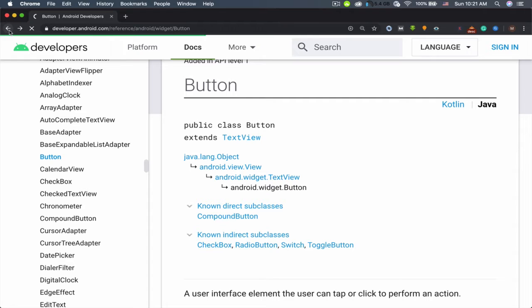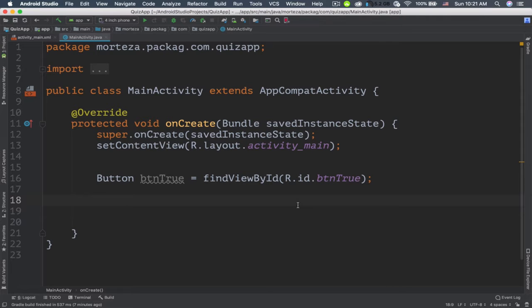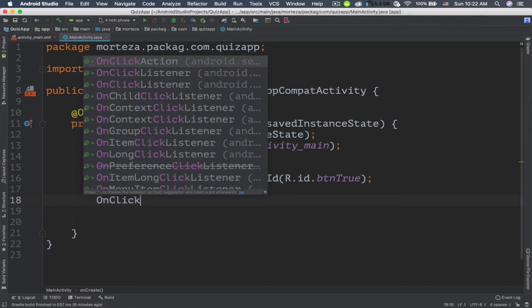Let's go back to the on-click listener. The on-click listener is going to specify when a view is tapped and it's going to report back, and that's called a callback. Here, I'm going to set an on-click listener for this btn_true separately. I'm going to create an on-click listener and name it my on-click listener. So let's say OnClickListener,